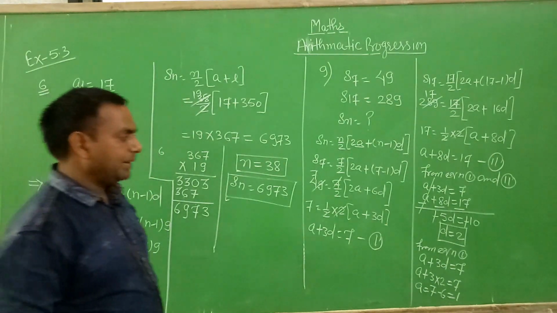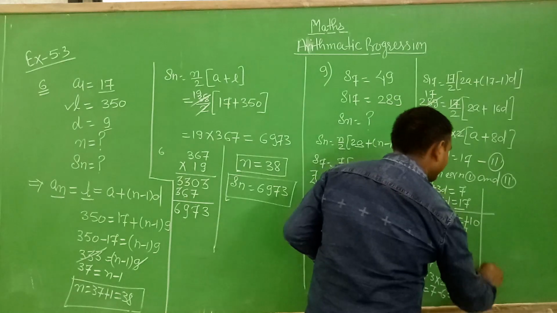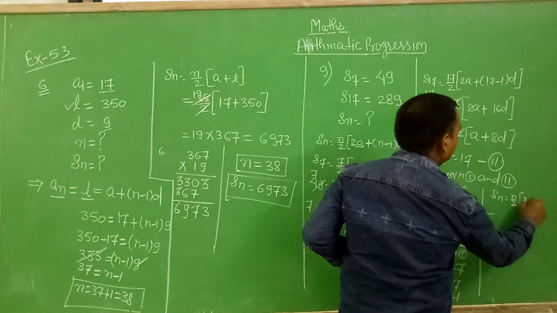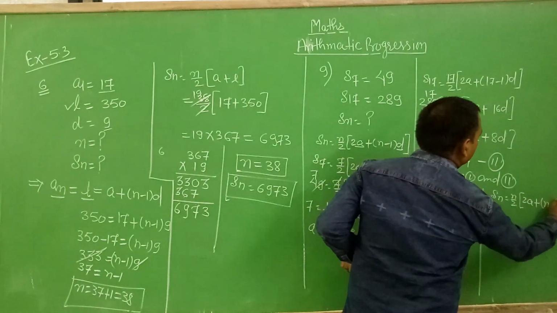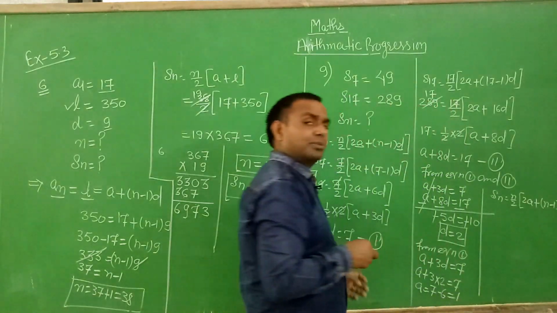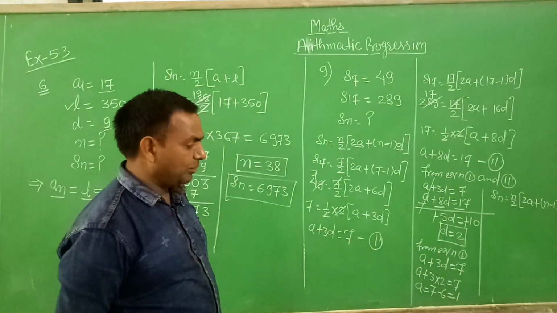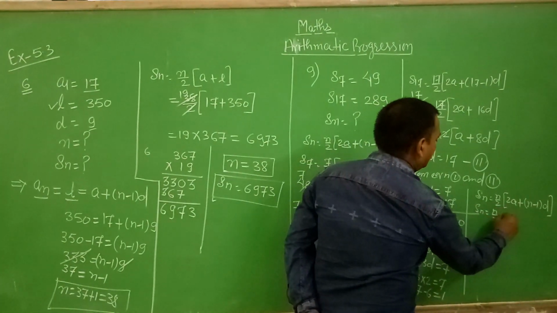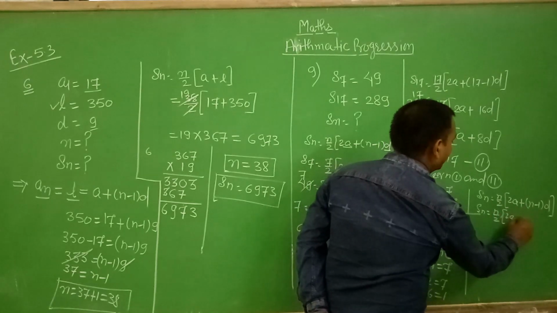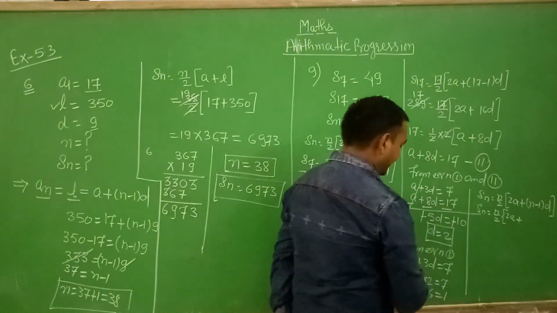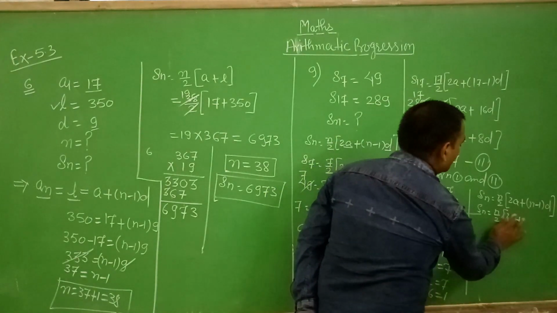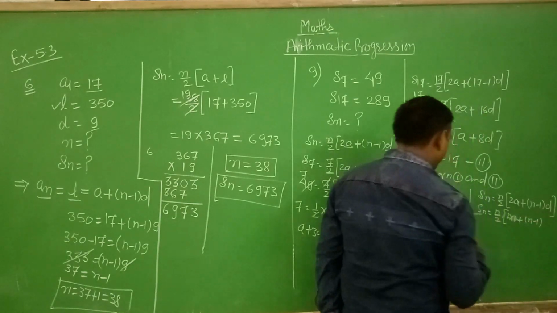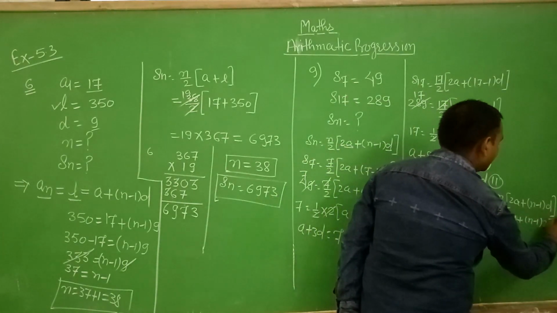After that you find the value of Sn. So you apply the formula Sn here. Sn is equal to n by 2 bracket 2a + (n - 1) into d. Here you put the values of a and d. So Sn is equal to n by 2 bracket 2a, plus the value of a. Here the value of a is equal to 1, so you put 1 in the place of a, and plus n minus 1, and the value of d is equal to 2. So here is a 2.